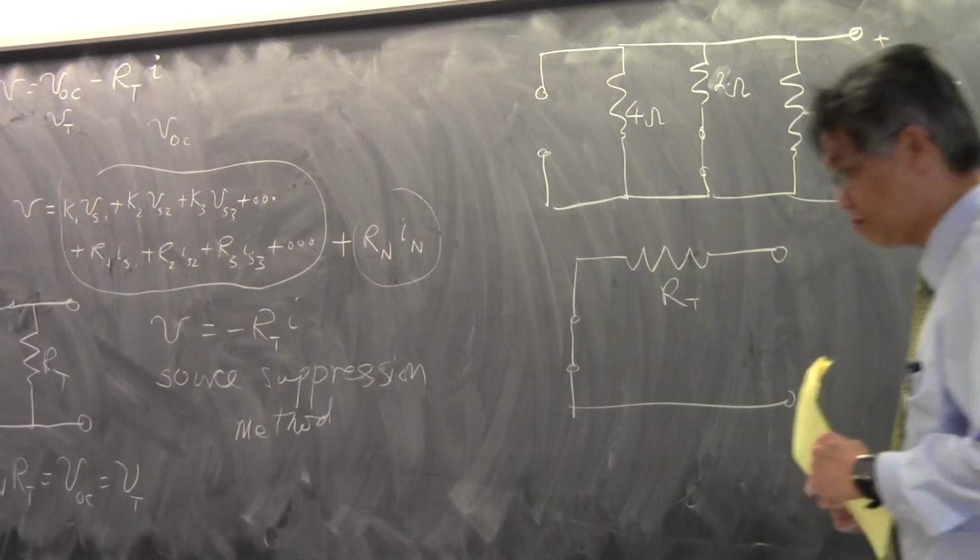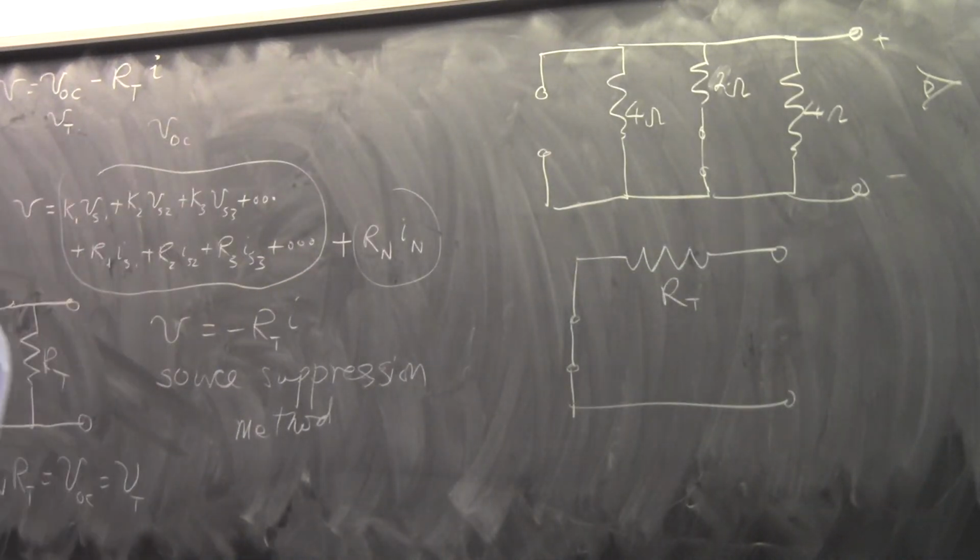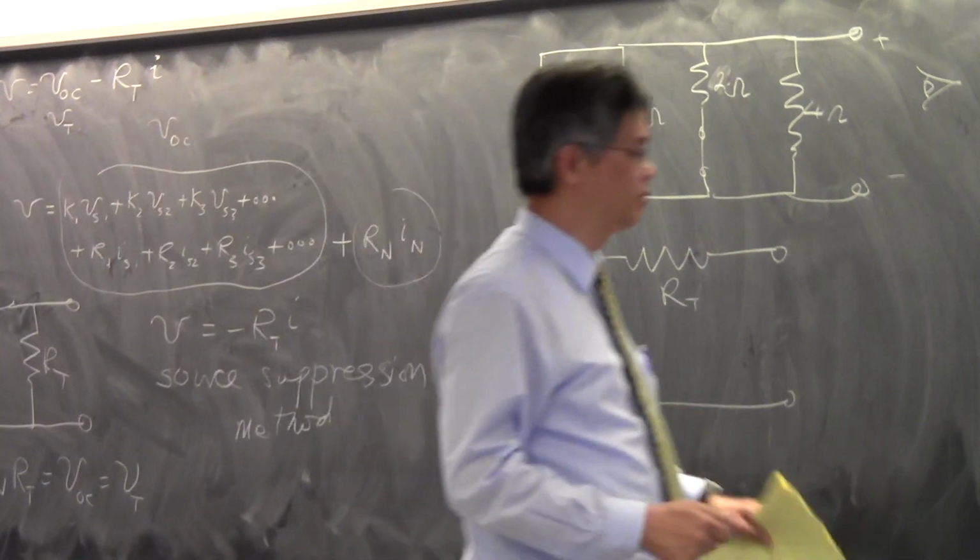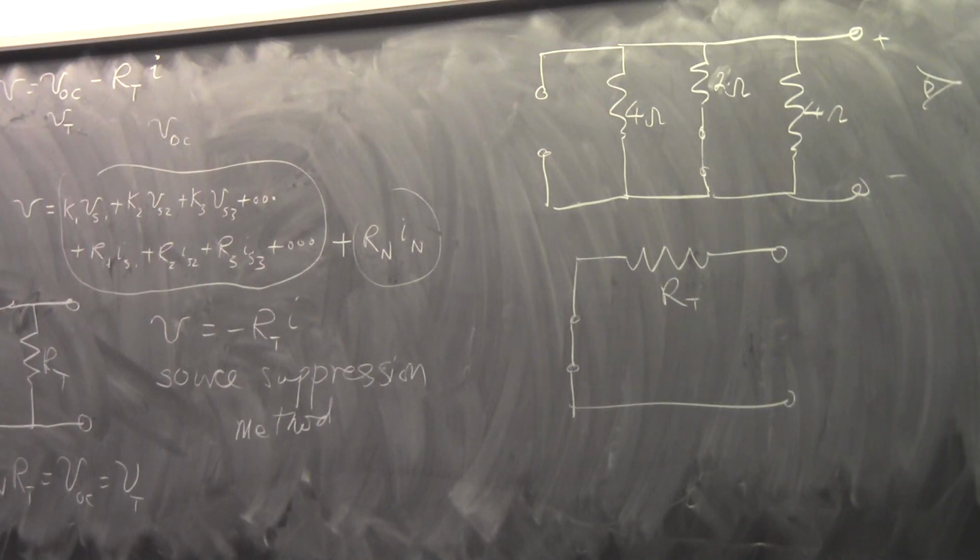Okay? Then what happens if you have dependent sources? Things get a little bit trickier, but very similar. The 3 procedures are very similar. First, find the open circuit voltage. 2, find the short circuit current. 3, find the resistance involved. But the resistance involved is a little bit trickier, because